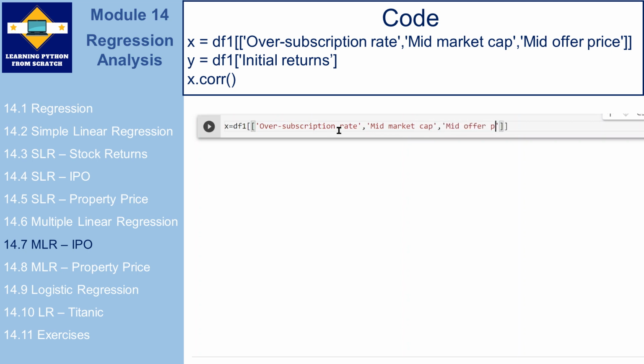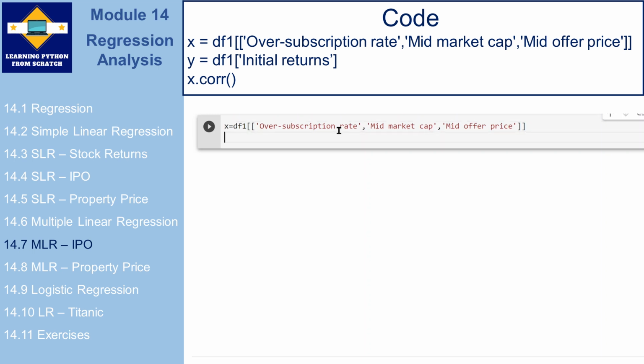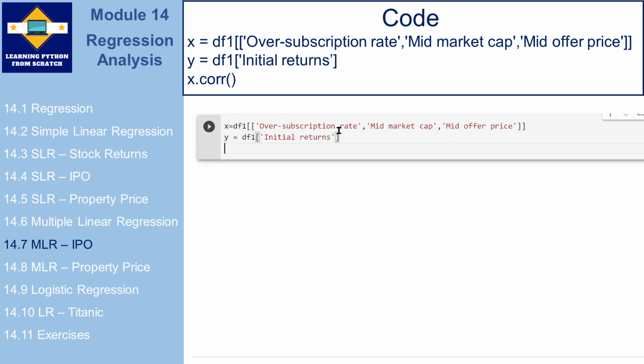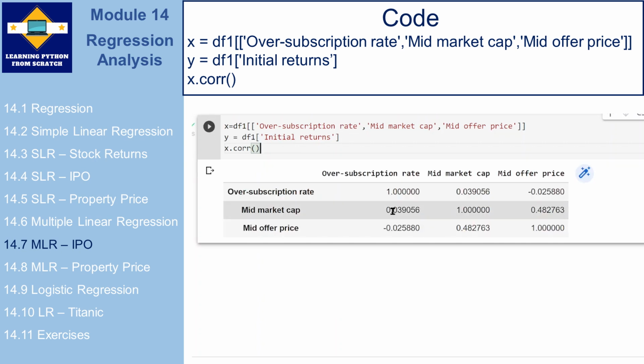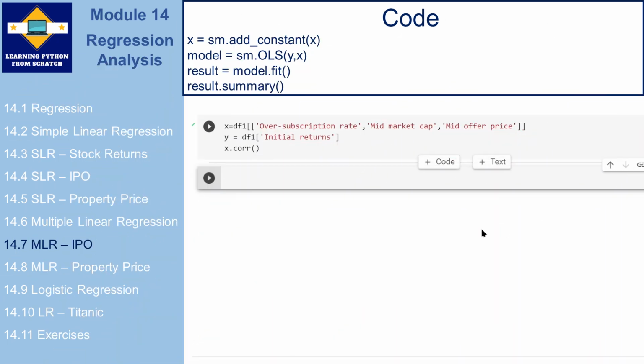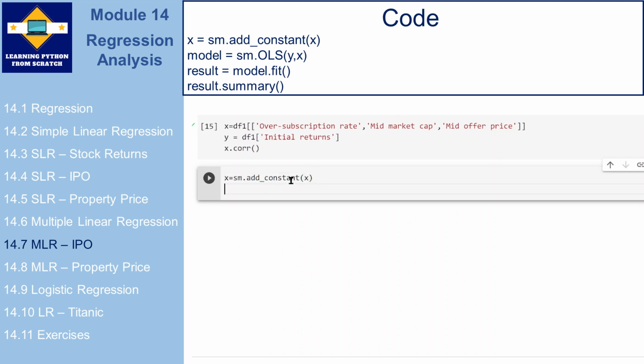Next, we are going to generate a correlation matrix for the independent variables to see whether there is any problem of multicollinearity. To do this, we can type the correlation method, and in this case, it should be alright. So the code would be quite similar to the simple linear regression model. Here, we add a constant to our independent variables, and then we type